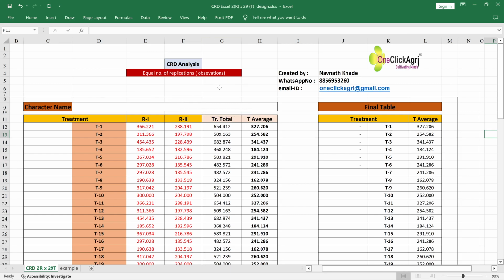Hi friends, in this session we are going to do the data analysis for CRD design, and this is for equal numbers of replications, observations, or plots. This design is for 2 replications and 29 treatments. In this session we will see how to do the data analysis in